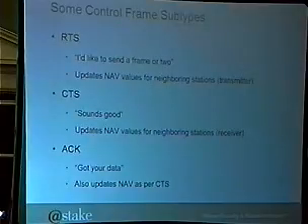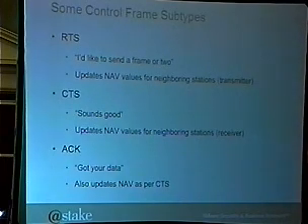Some control frames. By the way, I probably should have mentioned before, there are three main types of 802.11 frames: management, control, and data. Some of the control frames we see include the RTS frame, which is request to send. You generally see the RTS/CTS protocol used to avoid the hidden node problem, which is when you've got station A, station B, and the access point in the middle. Station A can see the access point, station B can see the access point, but station A cannot see station B. As such, they listen to the medium and think it's quiet. They both send at the same time and result in a collision. That's called the hidden node problem.